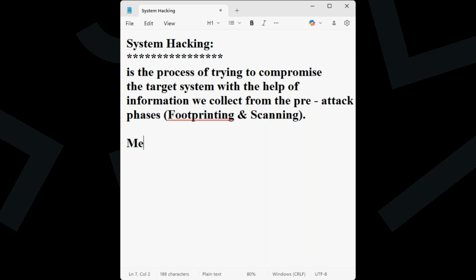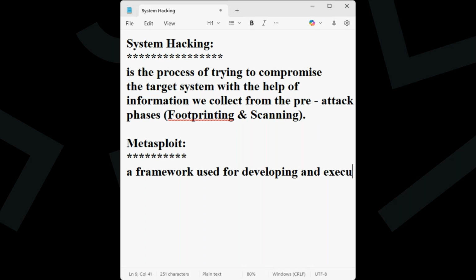The tool name is Metasploit. Metasploit is a tool, or I can name it as a framework. Metasploit is a framework used for developing and